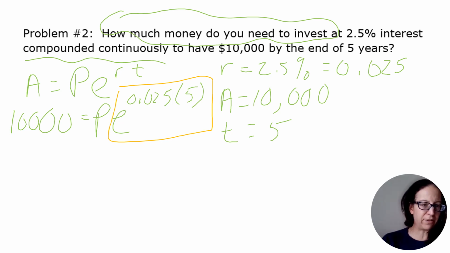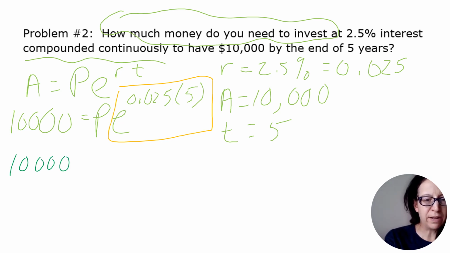I'm going to delete the last calculation I did, and I'm going to type in e and then hit my exponents. And I want 0.025 times, whoops, that kicked it out of the exponent. So I'm going to need parentheses. There we go. 0.025 times 5, close my parentheses. And it is giving me 1.1331. Equals P times